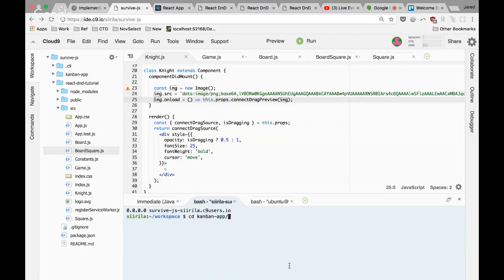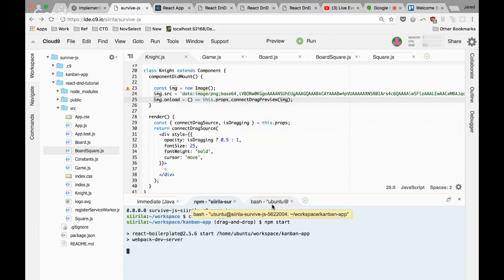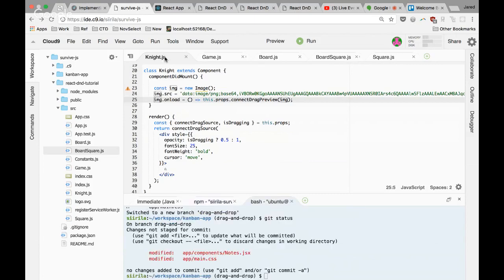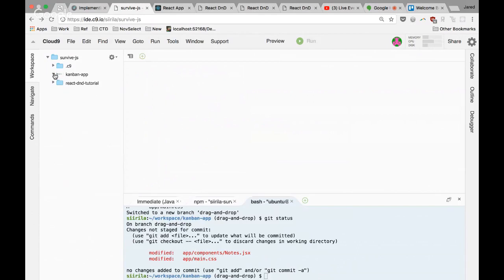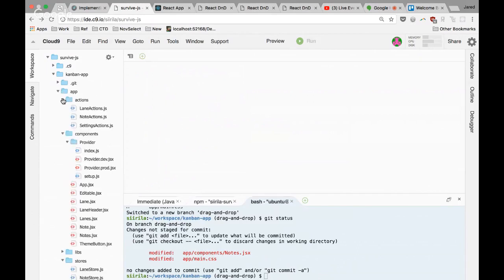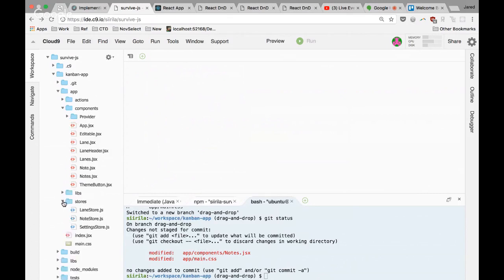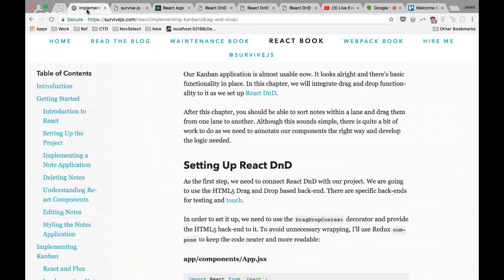So let me get this open as well. npm start to get stuff running in the background while we're working on this, and then we should be able to close all tabs. Be done with this, and we're going to step back over to our Kanban app. This is one of the first times I haven't already got all the chapter stuff in place before we dive in here. So this will be a little bit more live than we're used to